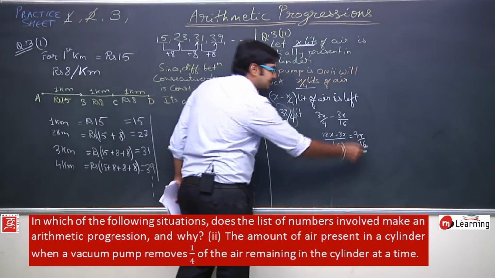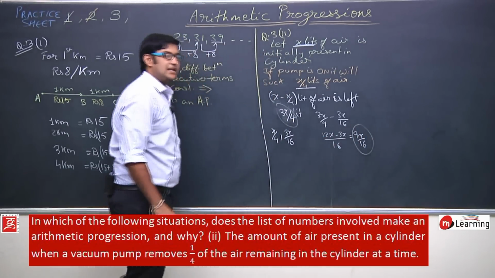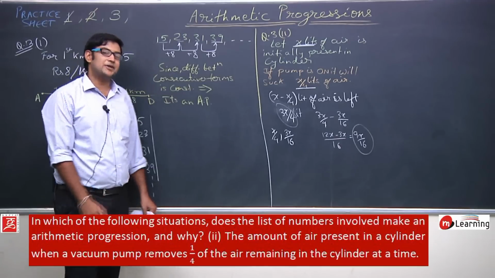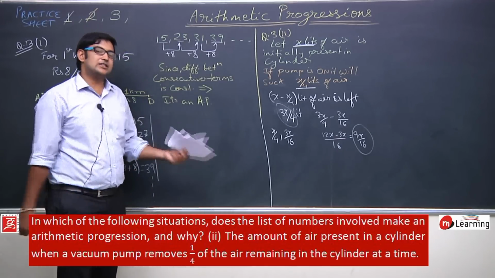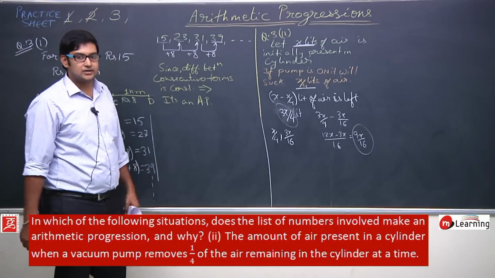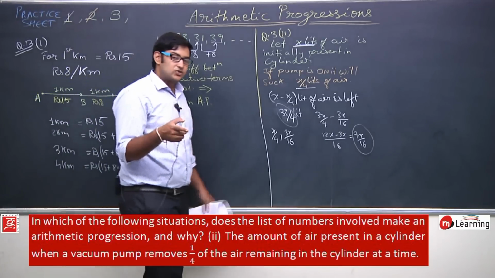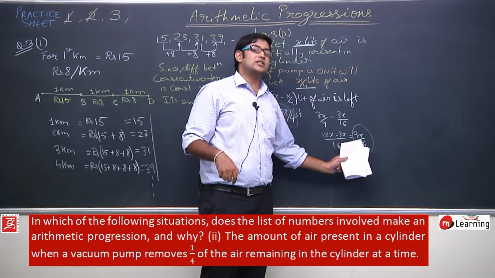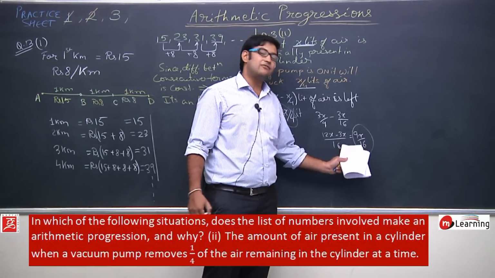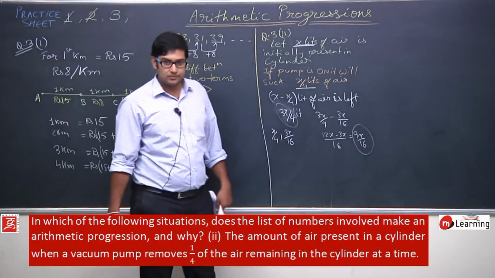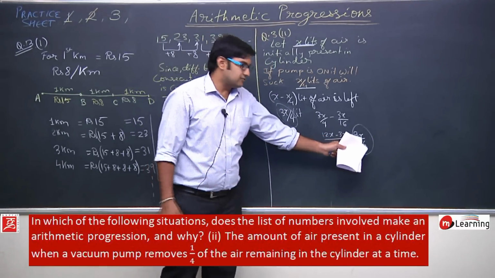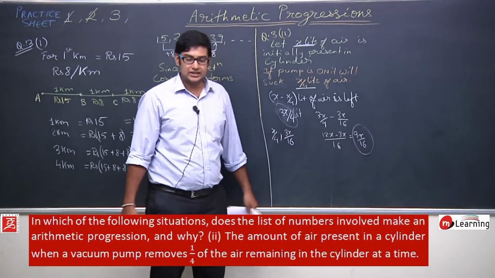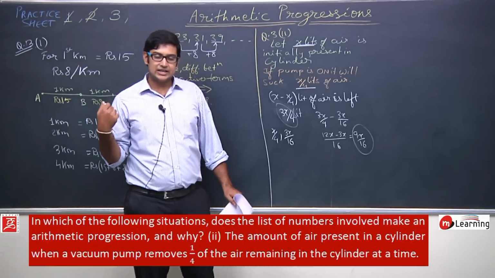So the amount present inside the cylinder is 9x by 16. 9x by 16 liters of air is now present inside the cylinder. Now again if I switch on this pump, it will take out 1/4 of this volume, because the amount of air left is 9x by 16. So if I take 1/4 of this 9x by 16, the amount of air that is taken out will be